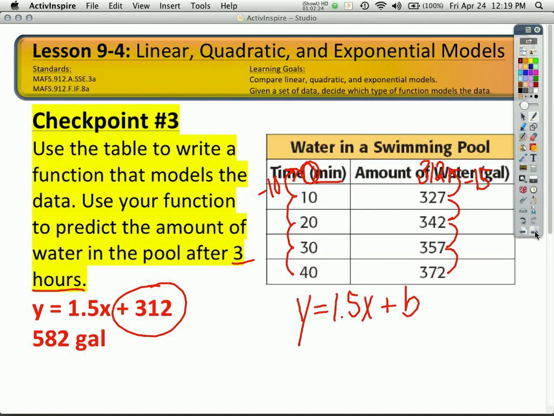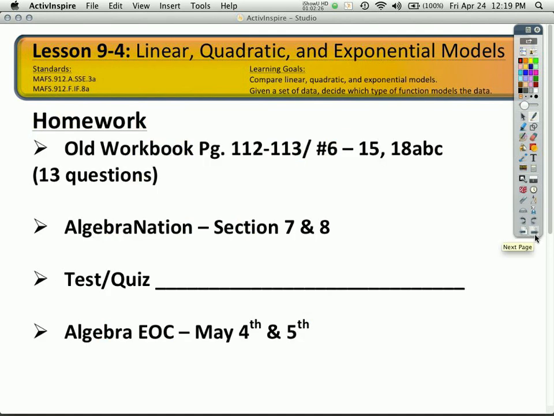All right, we did quite well. Your homework is in the old workbook on page 112 to 113. You're doing numbers 6 through 15 and 18A, B, and C. You should be in Algebration sections 7 and 8. I have put in grades all the way up through section 6. Your EOC was scheduled originally for May 4th and 5th. I'm now being told that it might be a week after that. I'm not sure. I have to get